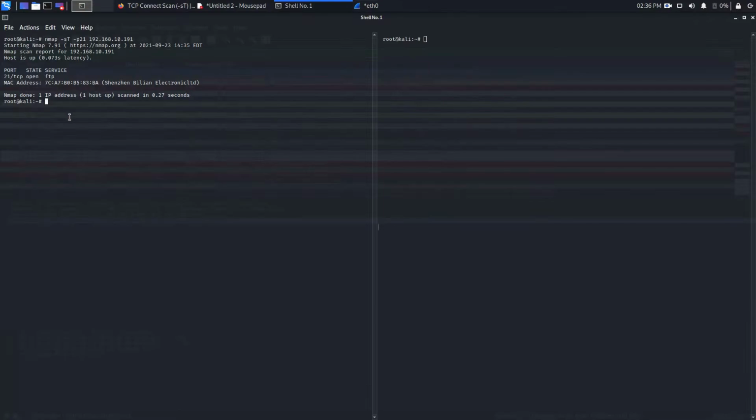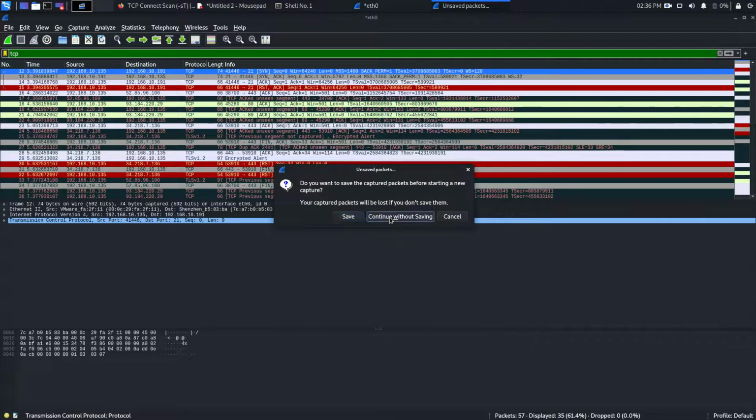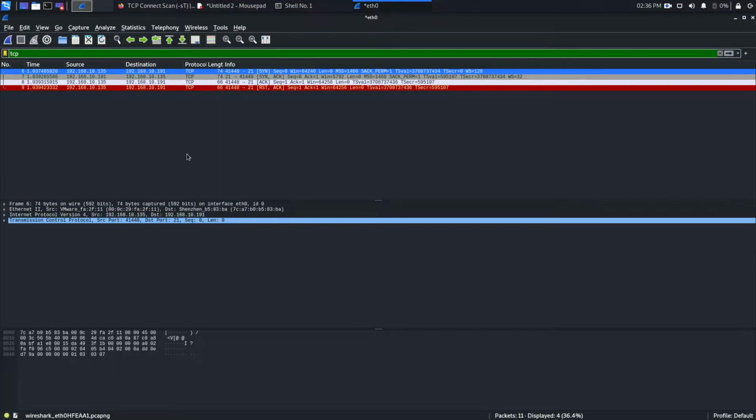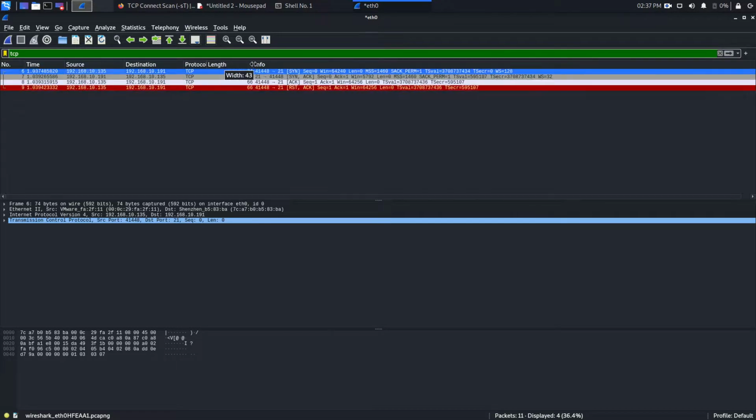I want to scan again and start it again, and stop it. Yeah, so I started the scan, started the Wireshark and captured just the TCP packets. So these 4 TCP packets are there. This IP is my IP and this IP is the target IP. All these packets have protocol TCP, this is the length of the packet and this is the information.